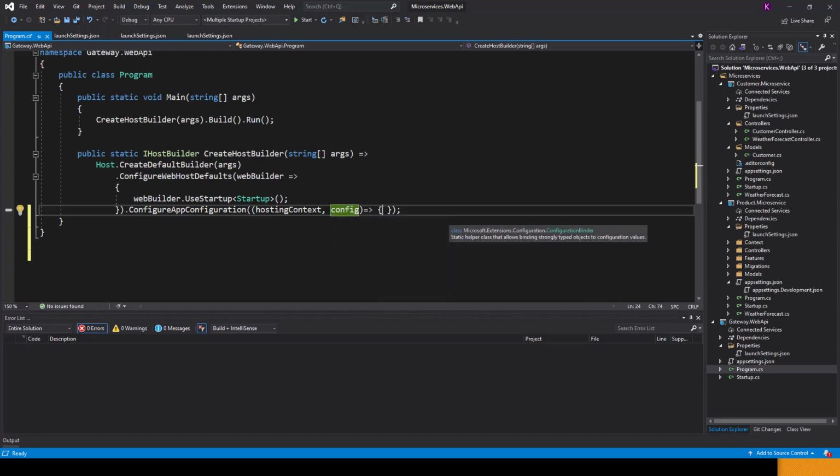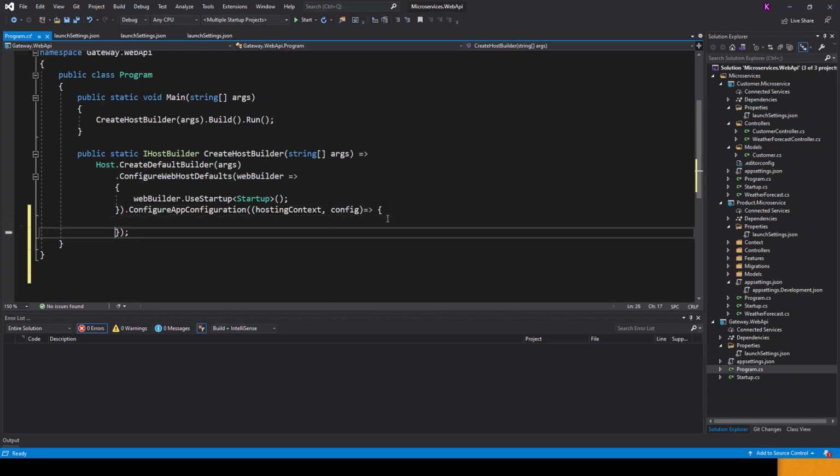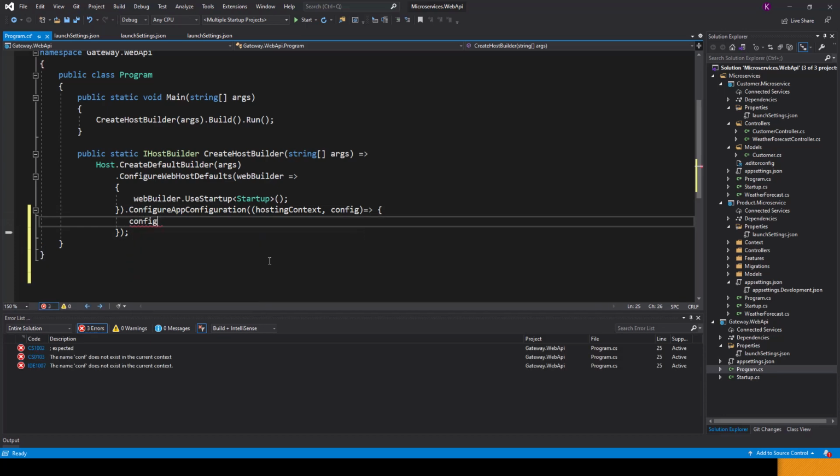And then within the parentheses and curly braces, we'll have to use this config object that we are passing to this lambda expression. So config dot